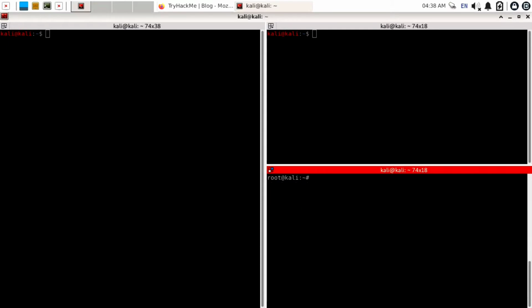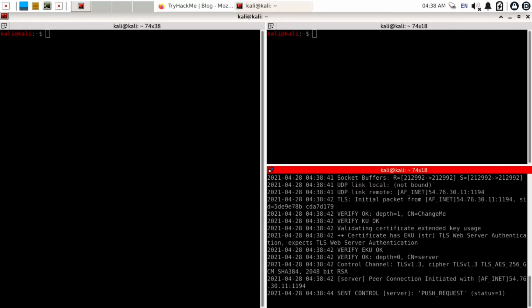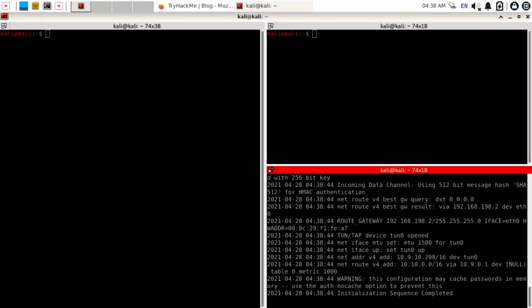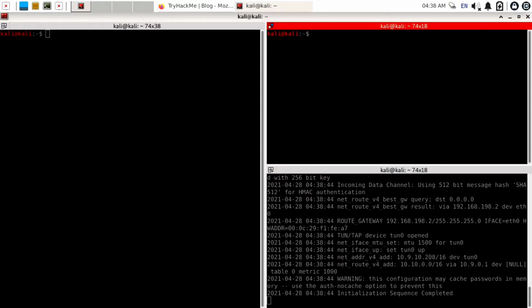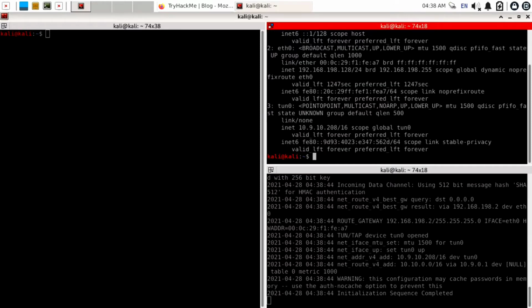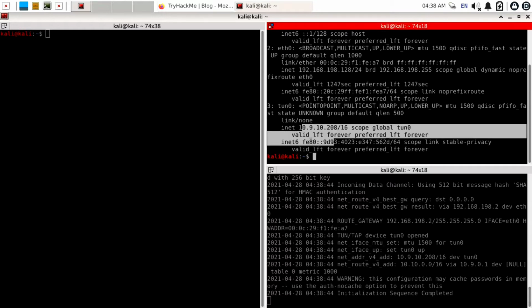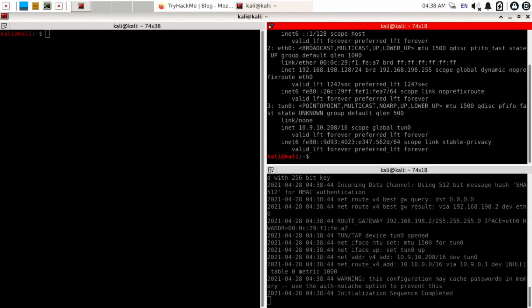Now, to connect to the VPN, we need to change to the directory where we have downloaded our VPN file. I have downloaded the VPN file in /home/kali/Desktop/tryhackme, so just use cd and the path. Now after ls you can see our file is decryptor.ovpn. To connect to the VPN, use the command openvpn decryptor.ovpn and press enter. It will establish a VPN connection to the server. Now to check whether you are connected to the VPN or not, you can use the command ip a. Here you can see it gave us the IP 10.9.10.208. Now we are successfully connected to the VPN.